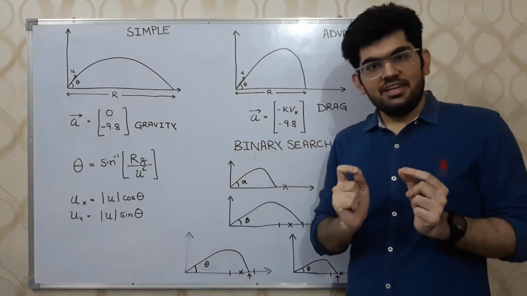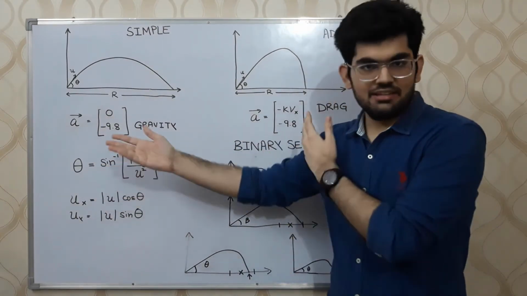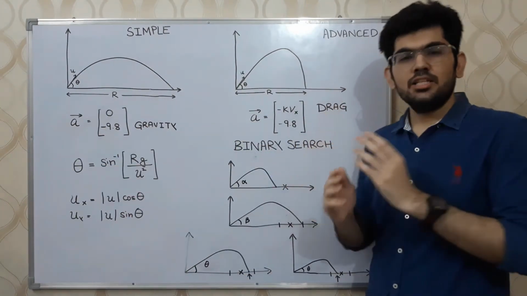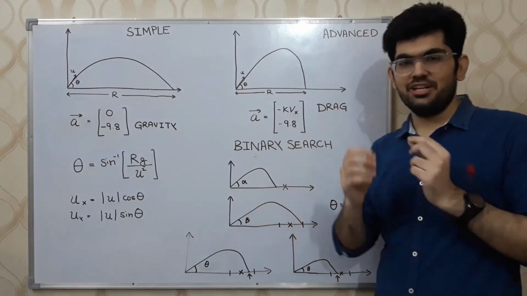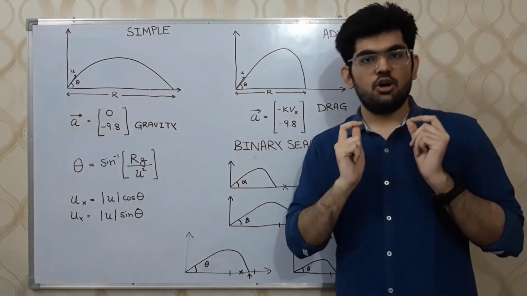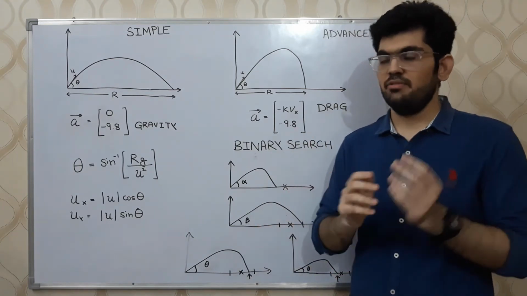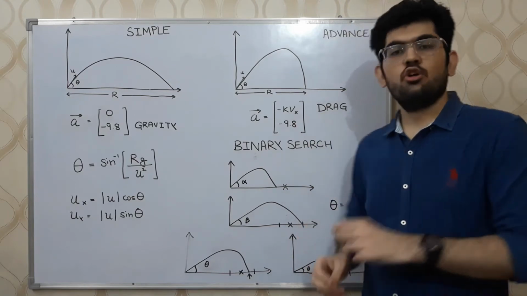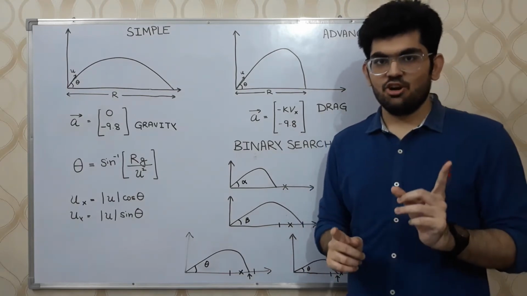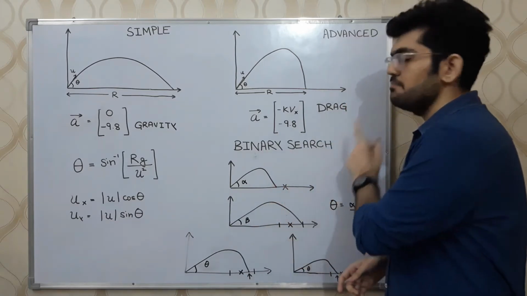Now, deriving a complete mathematical model like we did in the simple case, deriving the value of theta, is much more complicated when we have drag. It will result in exponential values and so on. For these complicated cases where the acceleration is a function of a multitude of different values, we can make use of computational techniques. One such computational technique that we are using for the advanced AI is the binary search